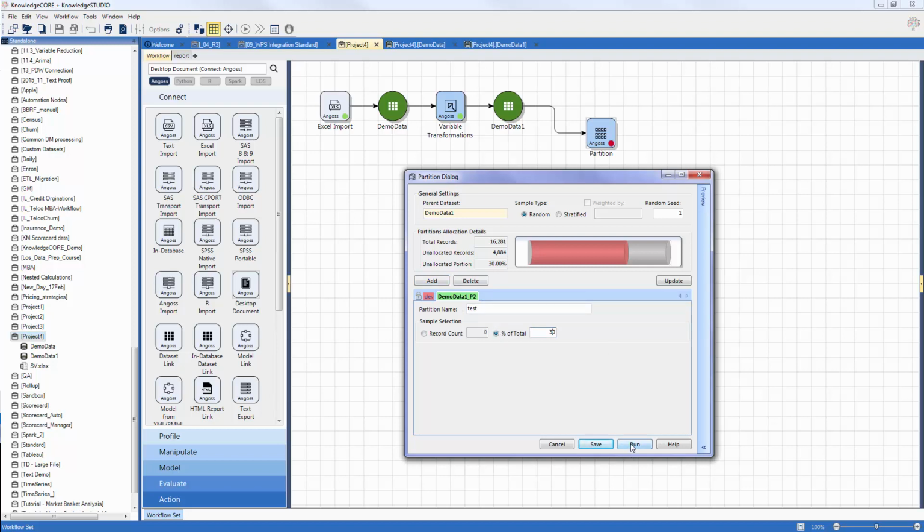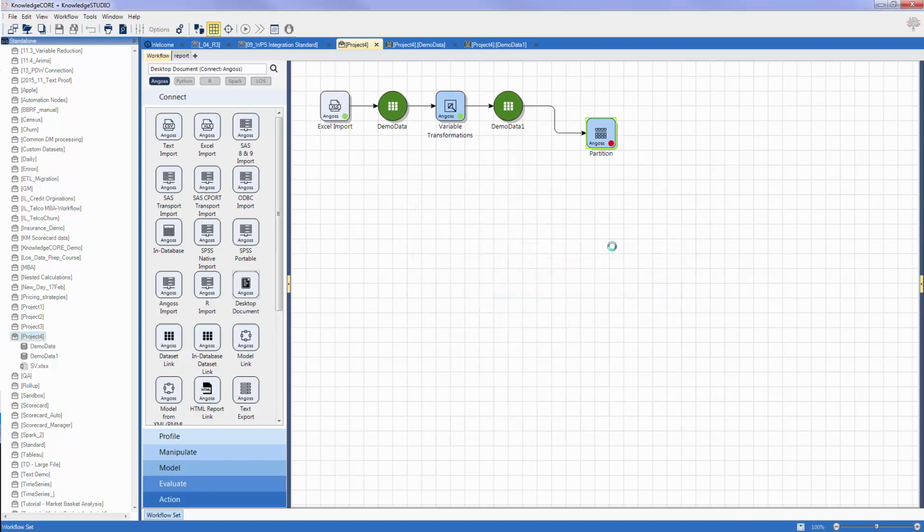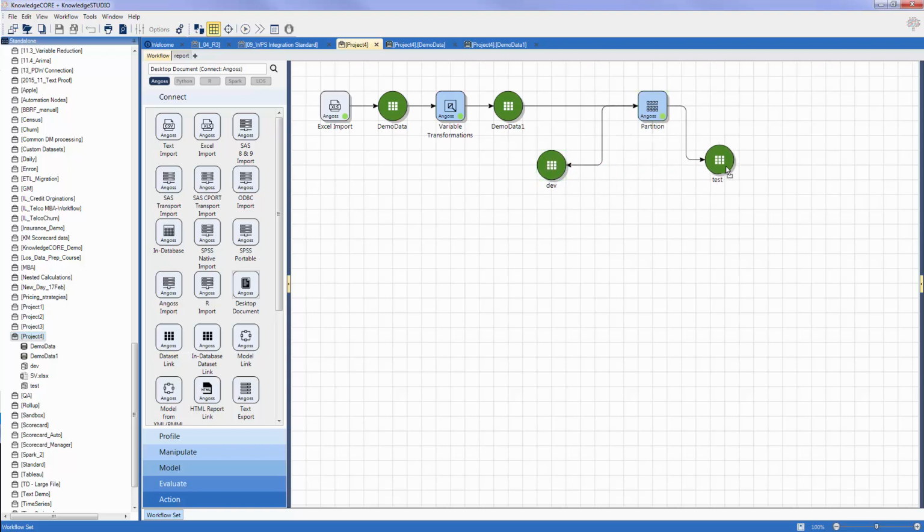You can use this for stratified partitioning, I should have mentioned, but here I'm just creating two randomly created samples, subsetting the data into partitions of 70% and 30%. So once these are created, we can proceed to building a model, and what we're going to build here is an Angoss decision tree. We could use other model types, and what we could do, of course, is create models using Python or the language of SAS and Angoss